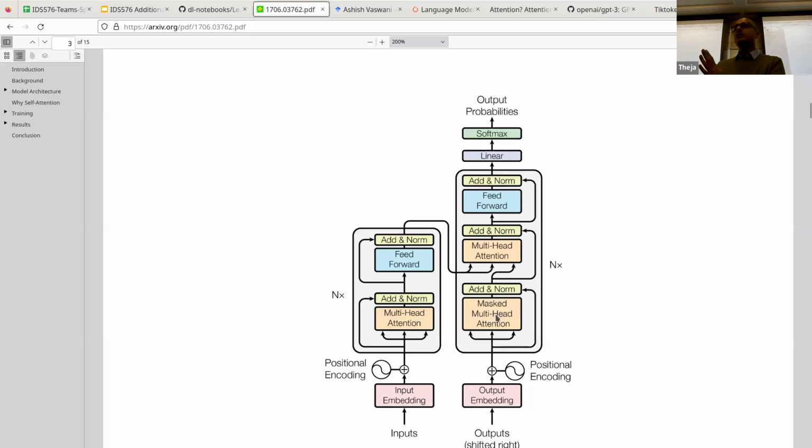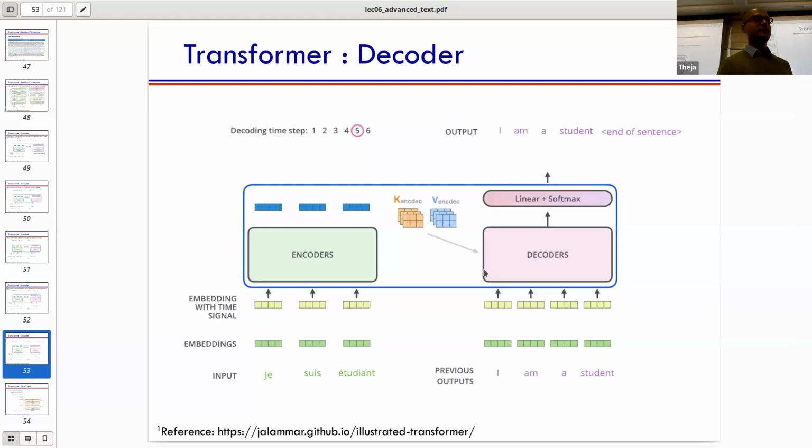Here, there's no influence from the right side, right? Because we are creating one word at a time. So that's what we need to just account for appropriately. And that's why you can see that this encoder decoder attention, that block, the keys and values are fed in from the encoder side, and then from the bottom side, we're getting the queries. And so with the 3 inputs, we are just again following the same conventions. Okay. So if it's not clear what this diagram is, you can go back to our illustration and just kind of map it. And if you're still confused, you can always reach out to me.